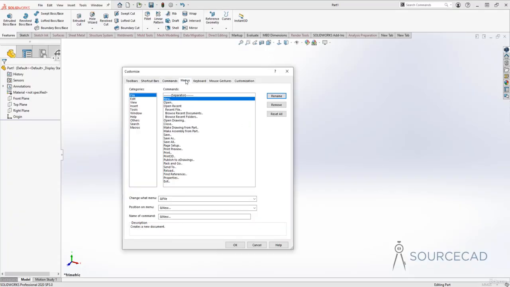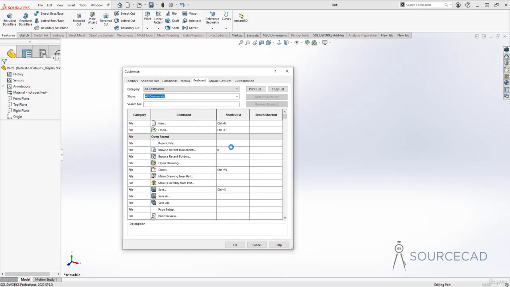Now the menus, once again, if you want to customize the menu, and it's these menus, well, you can do that here. Then we have the keyboard shortcut, kind of an interesting thing here. All of these are the shortcuts associated with these commands, and you can clearly see that we have the browse recent document associated with the R shortcut key, and there are several other shortcut keys associated here,